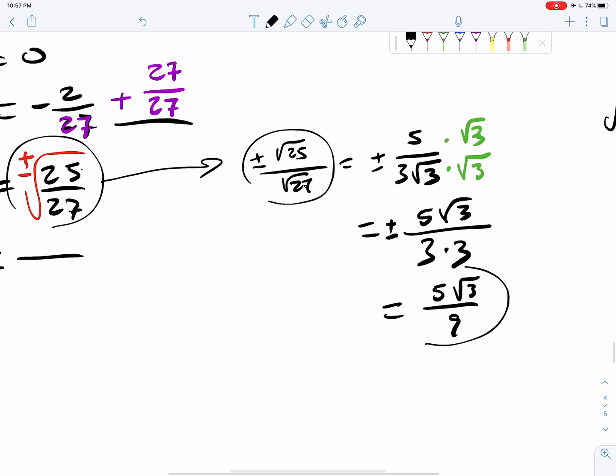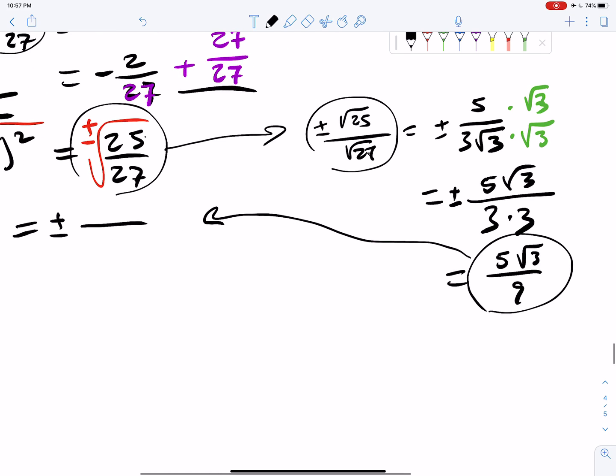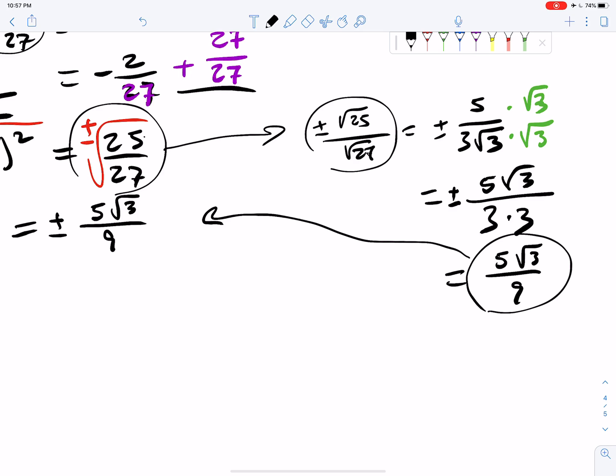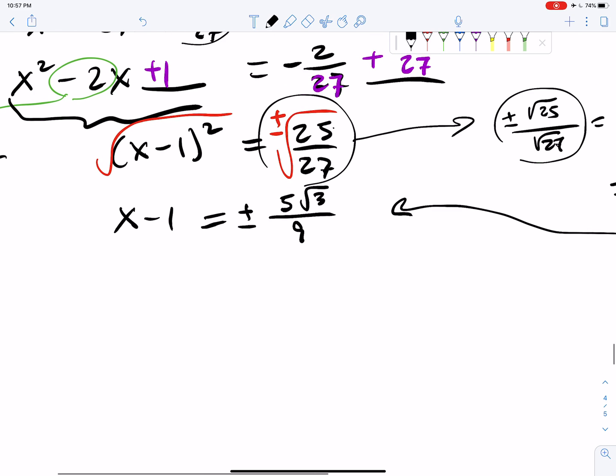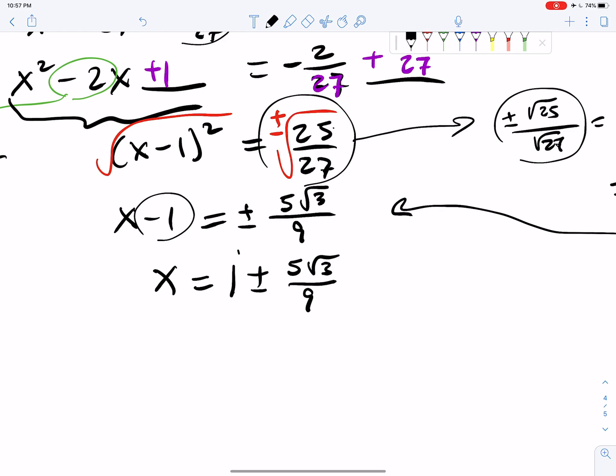So wow, all of that stuff right there did take some work to simplify down. And now we're going to have 5 plus or minus 5 root 3 over 9. Oh, almost there, right? We have to add 1 on both sides to isolate the x, and x equals 1 plus or minus 5 root 3 over 9. And this is a rational number, and this is an irrational number, and those are unlike radicals, right? So you cannot put them together. So that's as far as we have to go. We are done with that problem,